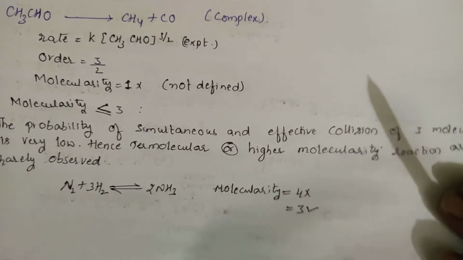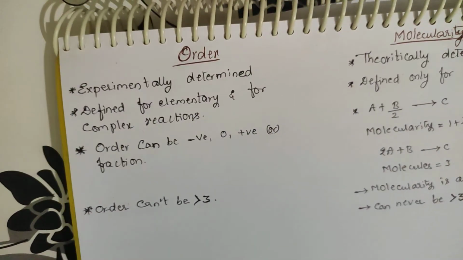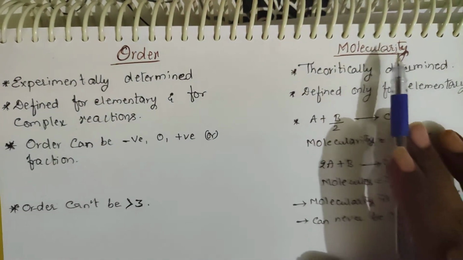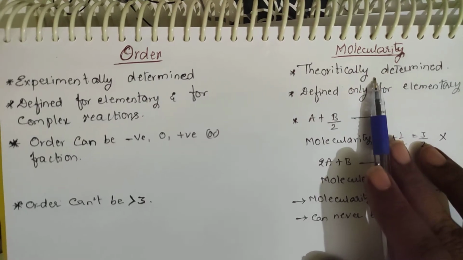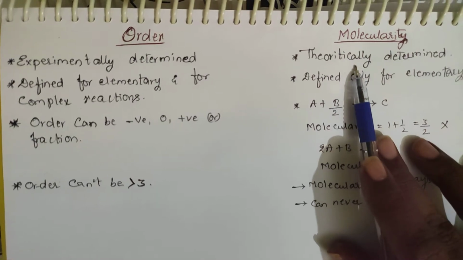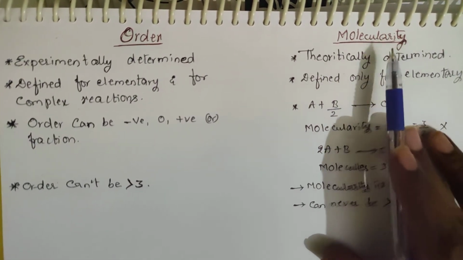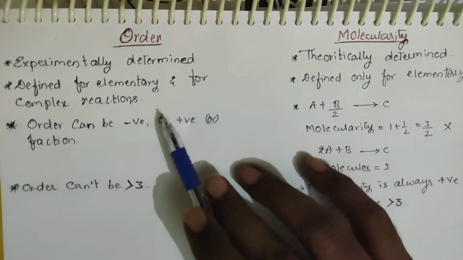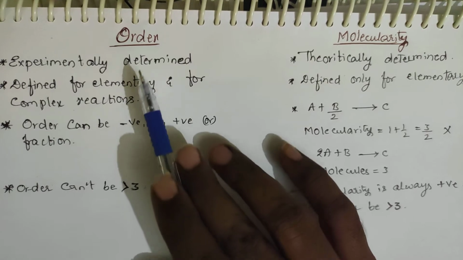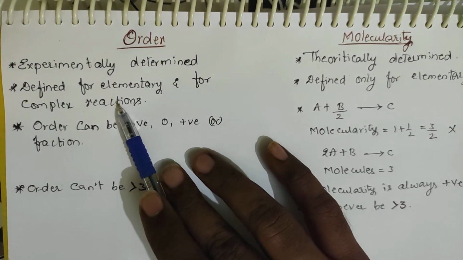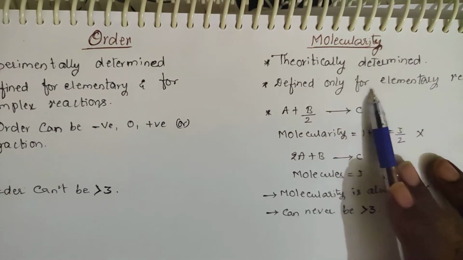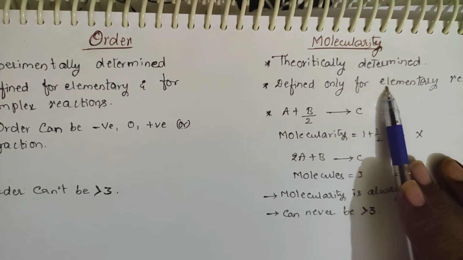You remember this? So let us differentiate the order as well as the molecularity in this session. Order is calculated experimentally. Molecularity is a theoretical concept. If you know the rate determining step or the slowest step or elementary step, then you can calculate the molecularity by looking at the equations. But order you can't calculate; this is an experimental thing. Order is defined for elementary as well as complex reactions. Molecularity you can't determine for complex reactions; it is defined only for the elementary steps.